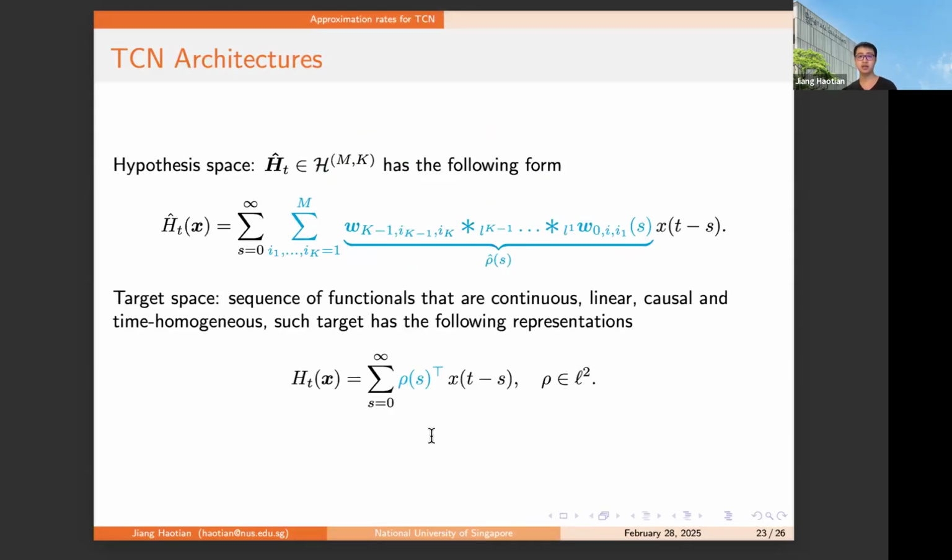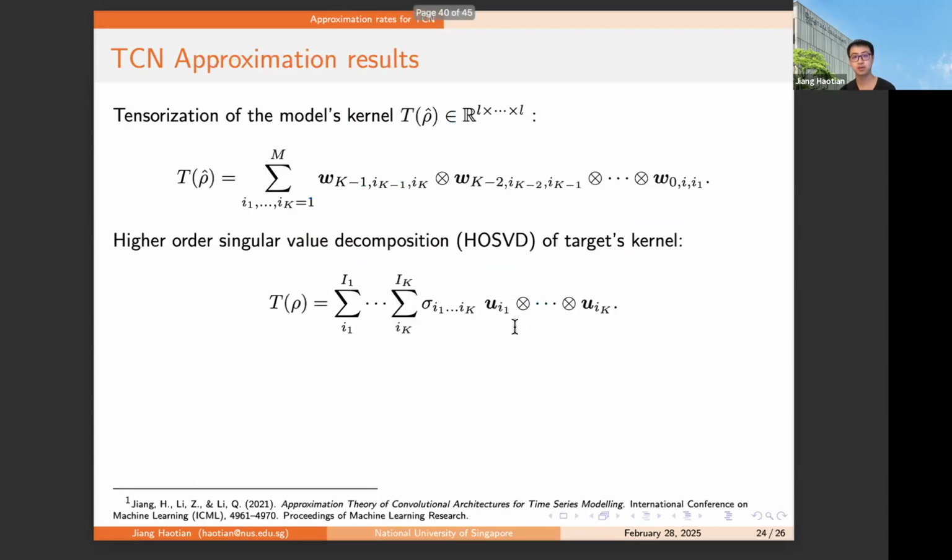And the hypothesis here can be written in this form, which is a convolution of the small filters. For the target space, we also consider continuous and linear causal targets, which is similar to the RNN case. And for the approximation of the temporal convolution, we